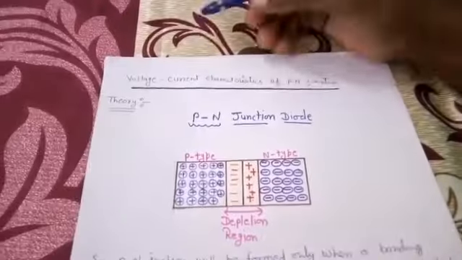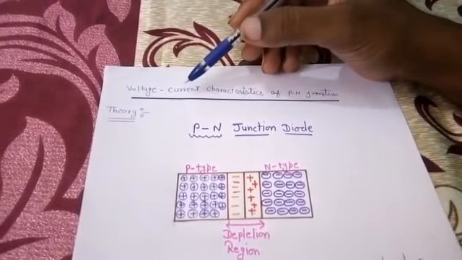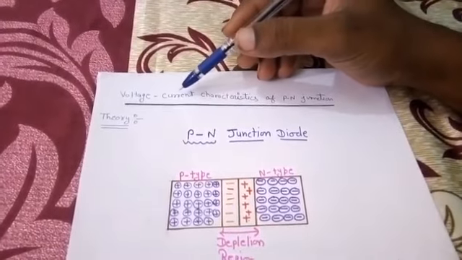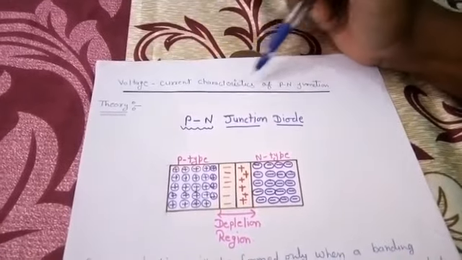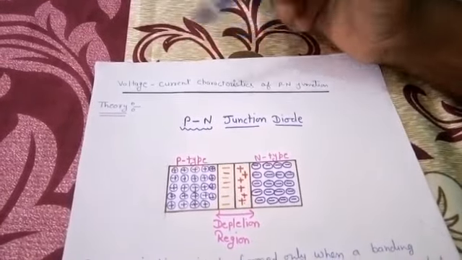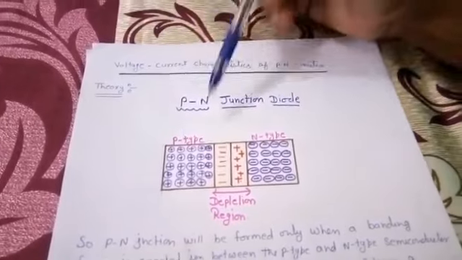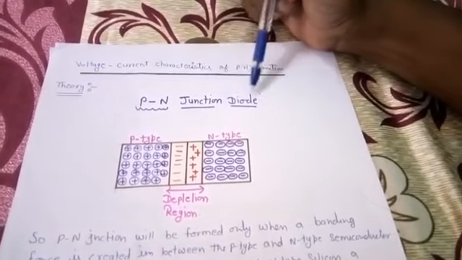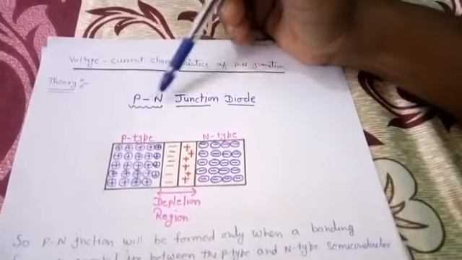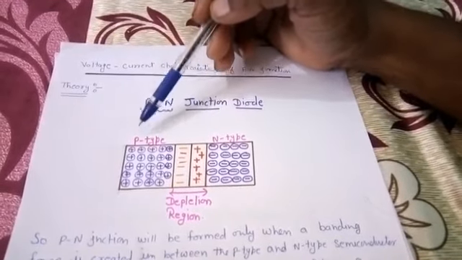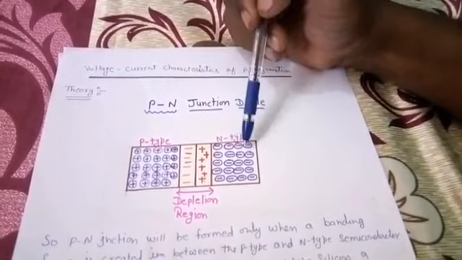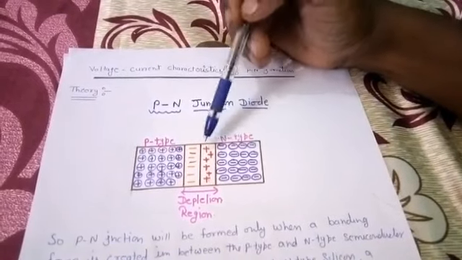Okay. So we have to discuss the aim of our experiment. Initially, we should study the voltage-current characteristics of a PN junction in the theory portion. The theory is given as follows. This is the structure of a PN junction diode. The PN junction is designed with p-type and n-type material. In p-type the majority carrier is the hole, and in n-type the majority carrier is the electron.